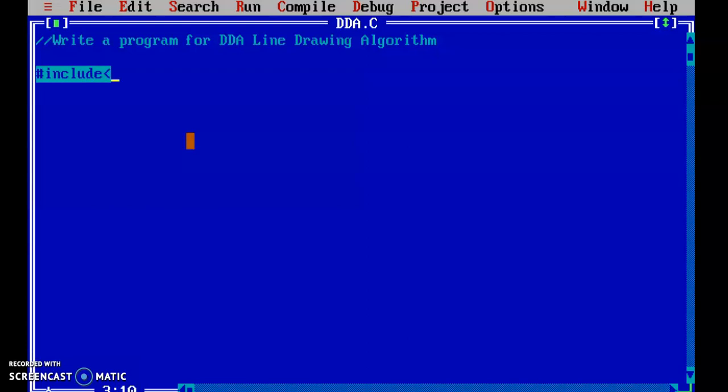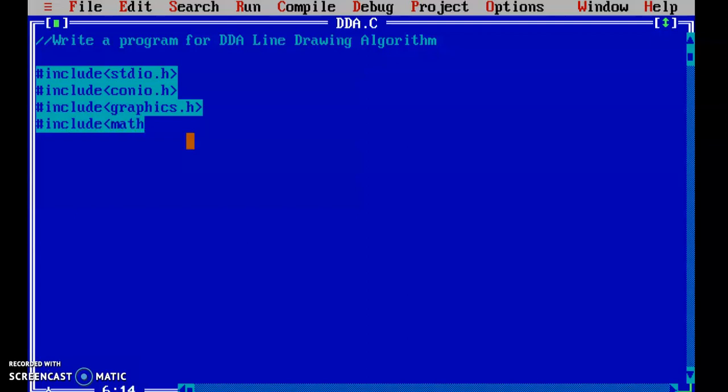Include stdio.h, hash include conio.h as we are writing a graphics program. So here we will require graphics.h, then we'll require math.h, as here we are going to use the absolute inbuilt function which is under math.h. Okay,